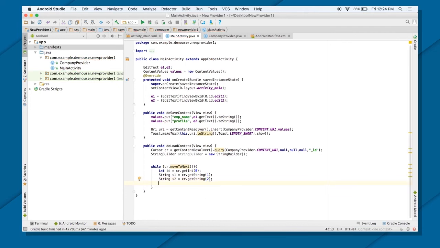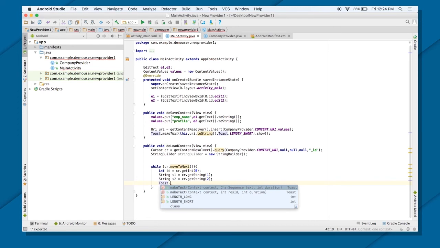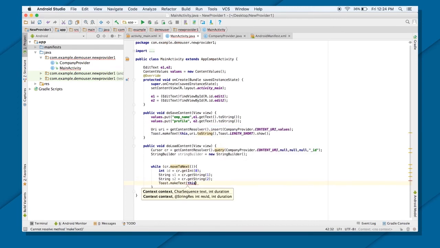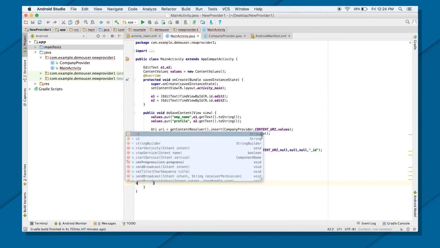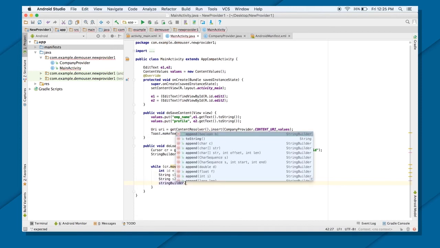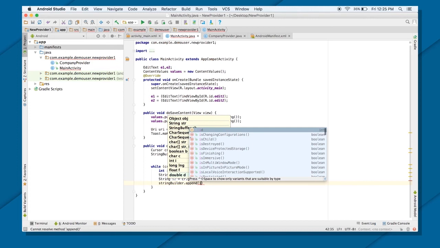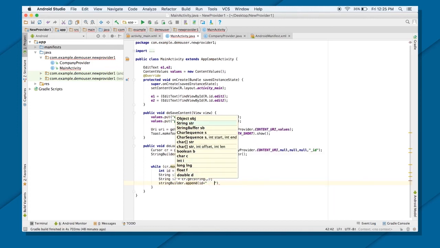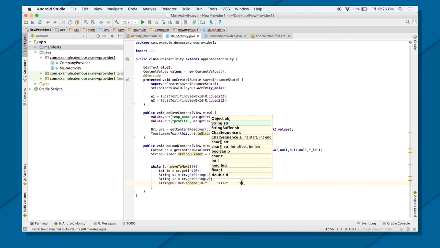Great. And the whole thing I want to add, or you can show as toast every time, or you can add this whole thing in the str, that is your string builder, and append first, let's just add id, then give some space, and then add your s1, then again give some spaces, and then add your s2, and after that just go to next line.